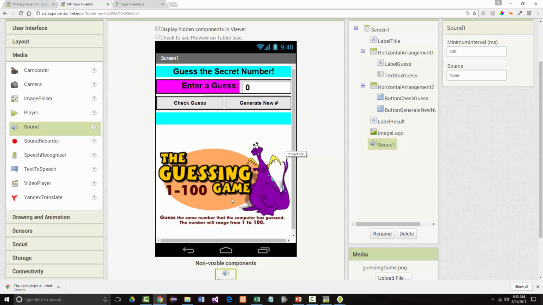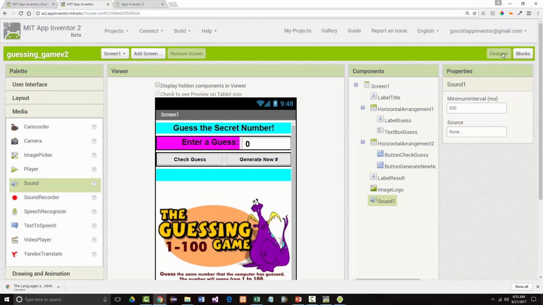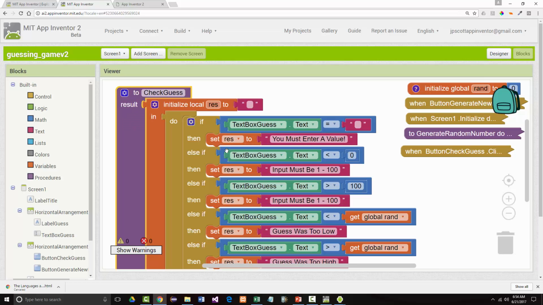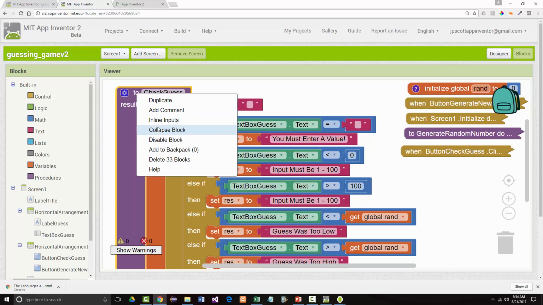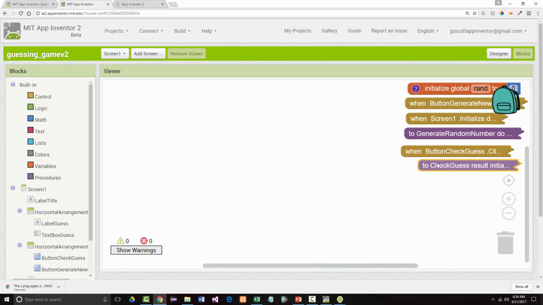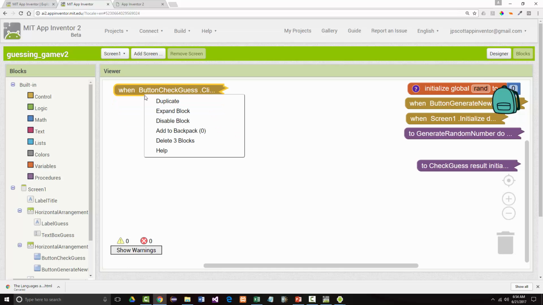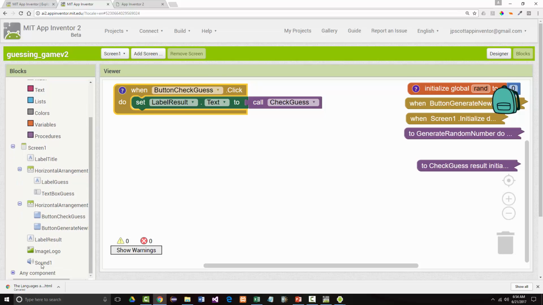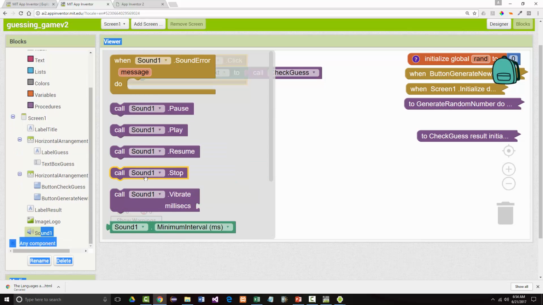And we're going to try something. I have no idea if it's going to work or not, but we're going to try it anyway. And that is jumping back into our blocks. Let's bring up what we just were looking at. Okay. Now that's check guess. We shouldn't have to. Let's collapse that. In our check guess, all right, let's go in and see if we can take our sound and